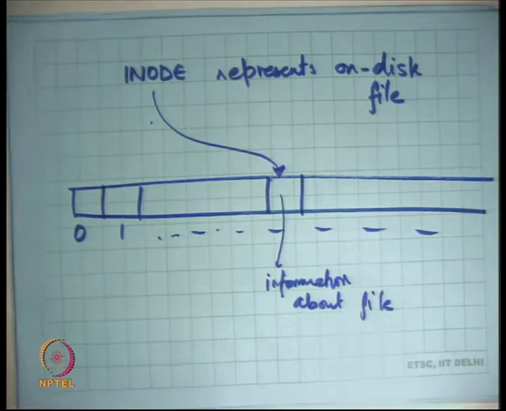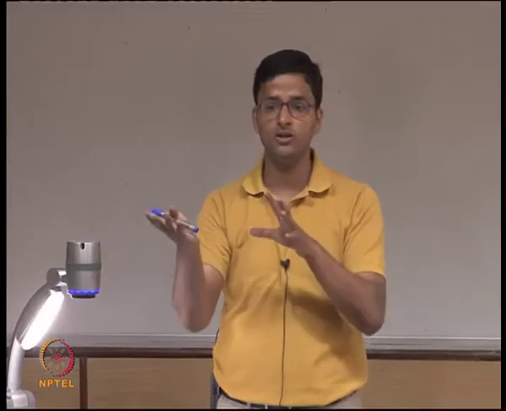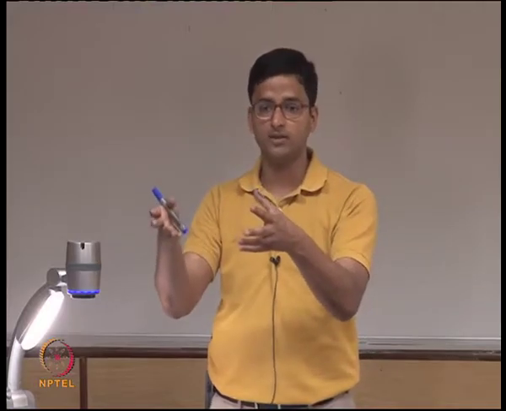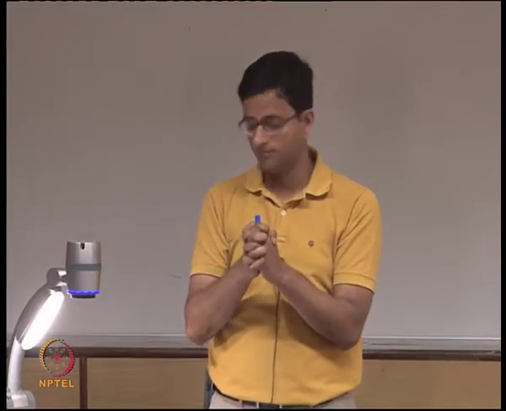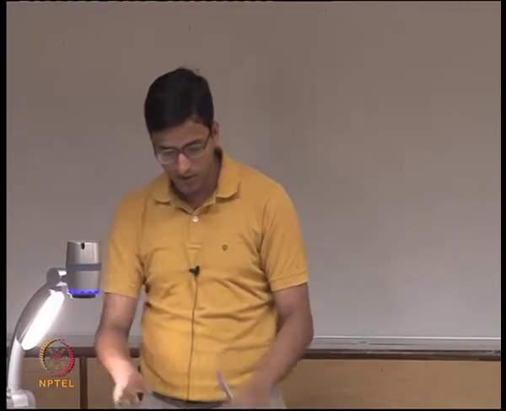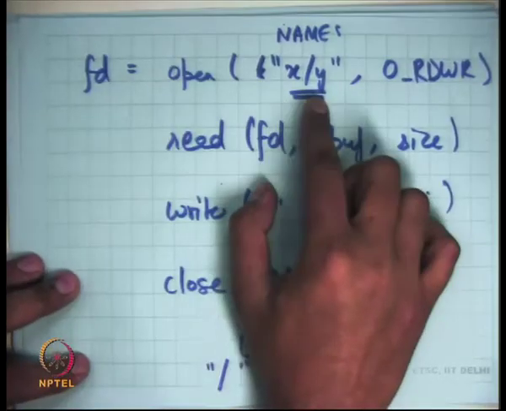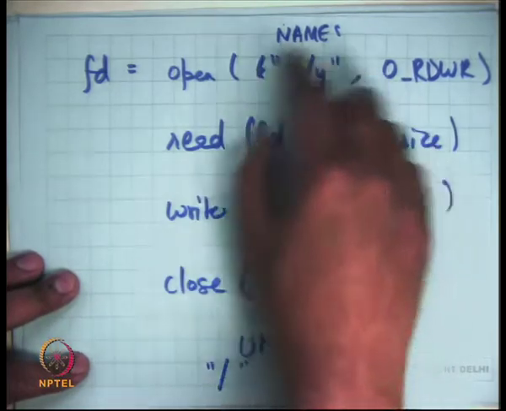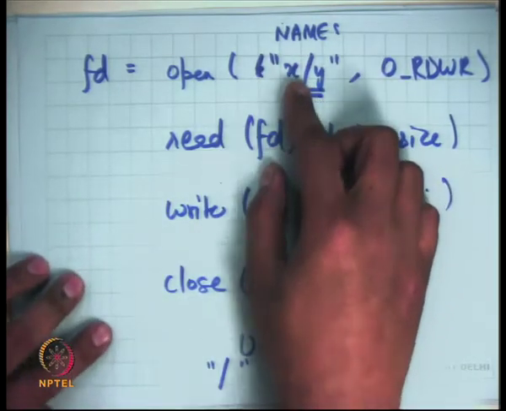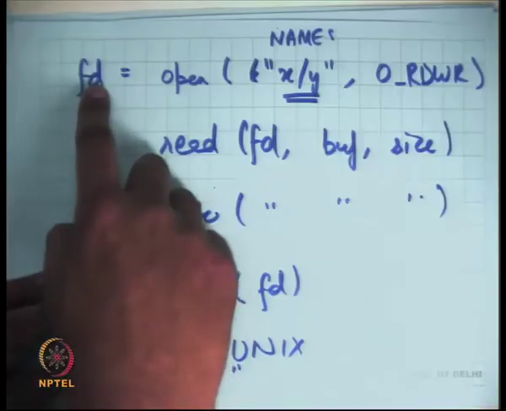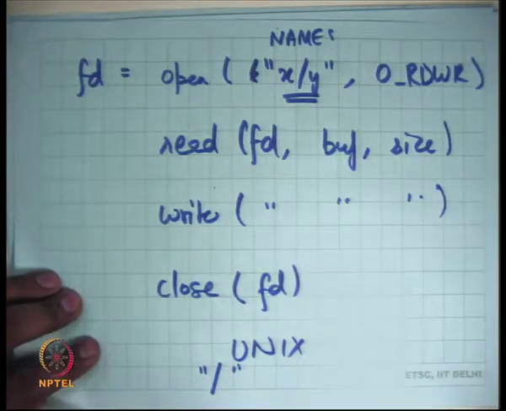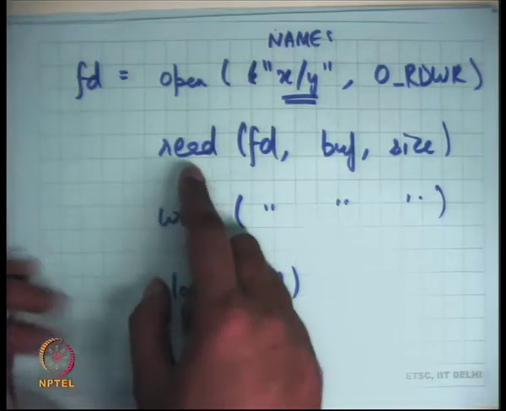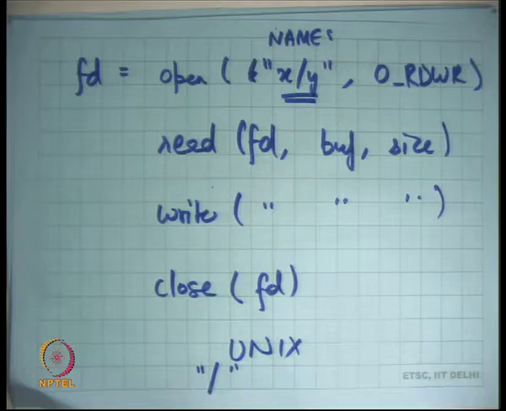Unix refers to a file by its inode and not by its path name. A path name translates the name into its inode, and from there on it's the inode that's important. The inode is the on-disk block that contains information about that file. So for example, when you do fd = open(some name, some permissions), it will obtain the mapping from this name to this inode and then store a mapping internally between fd and the corresponding inode number. And then when you call read, it's just going to look at that inode and do the operation based on that.